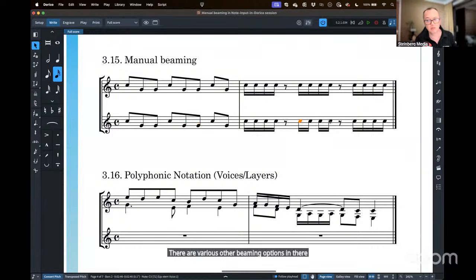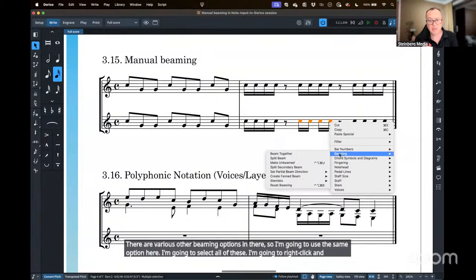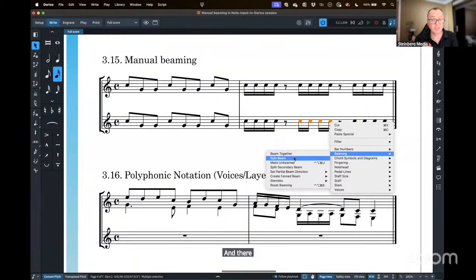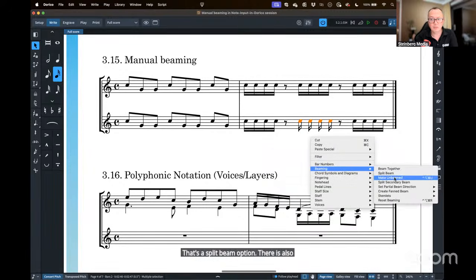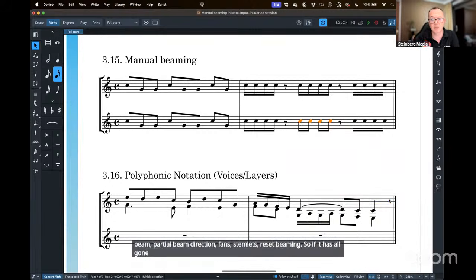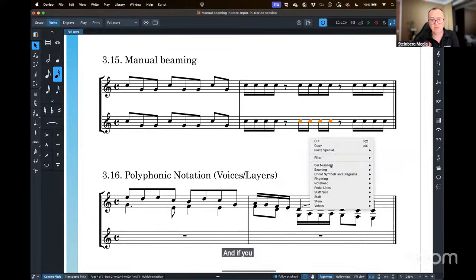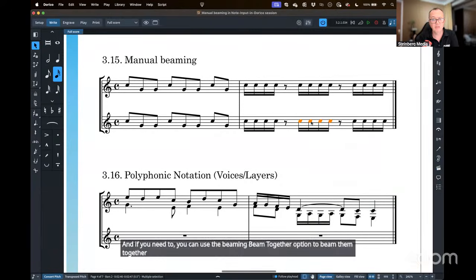So I'm going to use the same option here. I'm going to select all of these. I'm going to right click and go to beaming. And there is beam together. There is split beam, which you might want sometimes. That's a split beam option. There is also make unbeamed, split secondary beam, partial beam direction, fans, stemlets, reset beaming. So if it has all gone wrong, reset beaming will take you back to where you should be. And if you need to, you can use the beam together option to beam them together